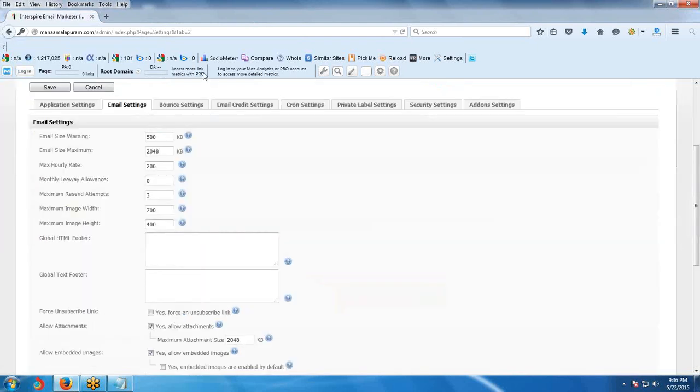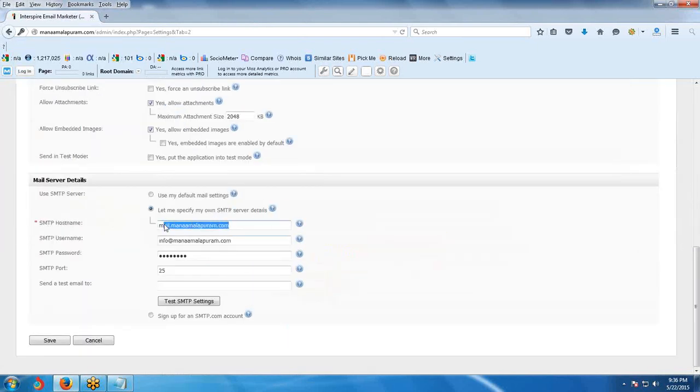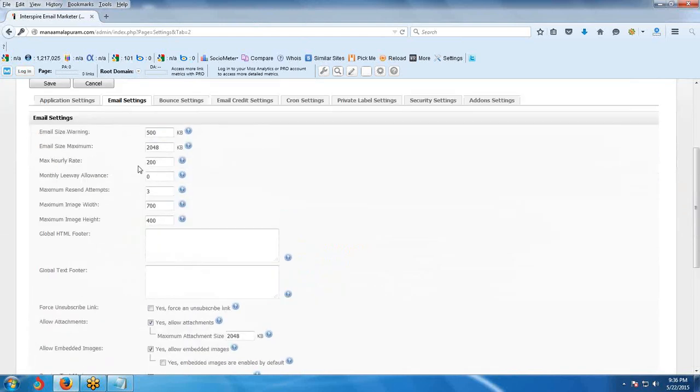The SMTP that we have allows 1000 emails every day, so here I mentioned an hourly rate of 200. We can also set the hourly rate to 1000. What happens then? Once 1000 is reached, we cannot send any more mails. Per day, you can send anytime. If you want, you can send all 1000 mails within 30 minutes. Does it make any difference sending in 200, five times? No, you won't get any problem, it won't make any difference.